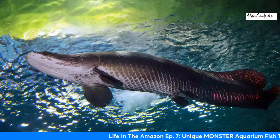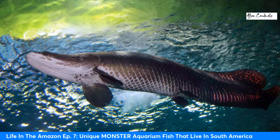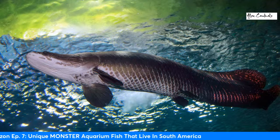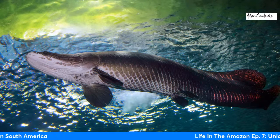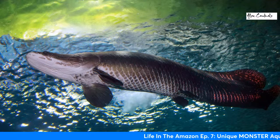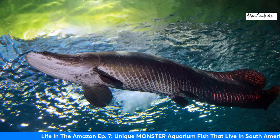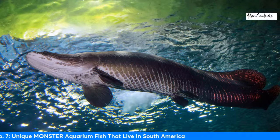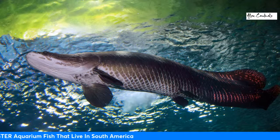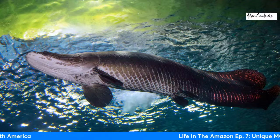So here is a picture of an arapaima. And what I love about the arapaima is that red coloration on the scales. Very, very pretty, in my personal opinion. And those scales give it like a prehistoric look. And the arapaima is in the family of arowanas. It's a bony tongue fish, which means that its tongue has a very sharp and deadly bone that could really